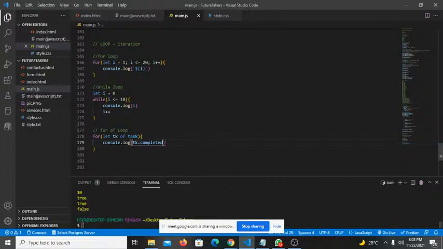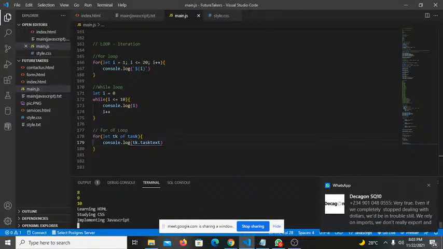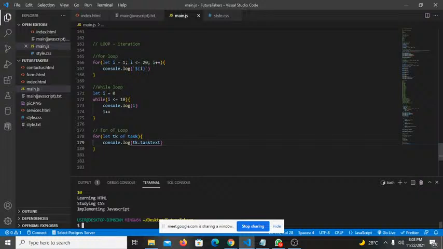So you can actually get out anything you want. So let me return it back to task text. If I save now and come down here, I'll see that. So that is a different variation of the for loop. Very, very important that you take note of that. Okay, so with that, I think